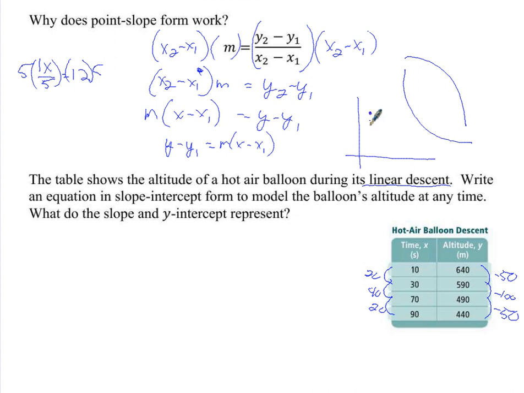If I were to graph that, we'd have that data point, and then that data point, and then we'd skip a data point to there, and then we'd skip another data point. So we've kind of missed one here. It's not a big deal. We're still forming a line. I need to calculate the slope. The slope is the change in y divided by the change in x. And because we said this is linear, I can take any change in y and divide it by any change in x. So m equals the negative 50